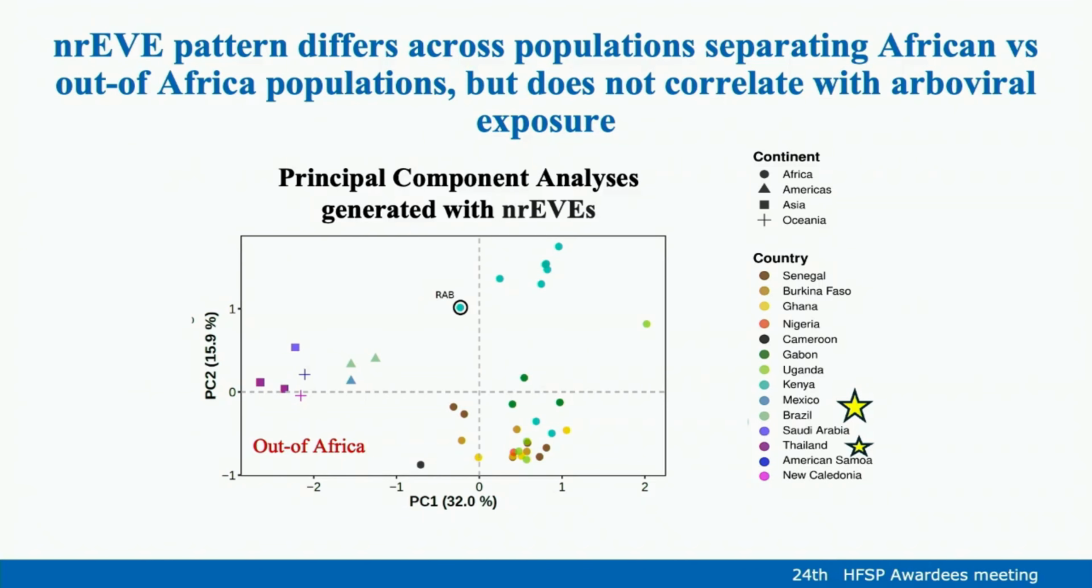And here is a PCA analysis that shows how our samples, our populations, separate with respect to the pattern of viral integration. Differently than what we expected, we saw that these populations are not separated depending on whether there is higher arbovirus circulating or not, but they separate based on their geography. So we see a group of out of Africa and a group of African mosquitoes. And so this is not conforming to our hypothesis, but it is still relevant with respect to the biology of